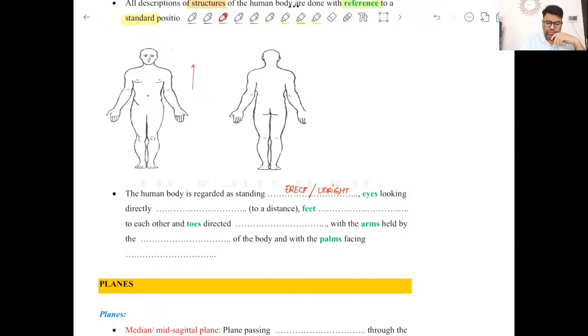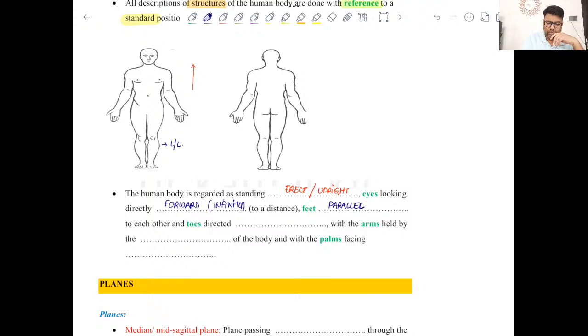Then number two, the eyes should be looking forward towards infinity. So the eyes looking directly forward. Then both the lower limbs should be parallel, right? So the feet should be parallel,